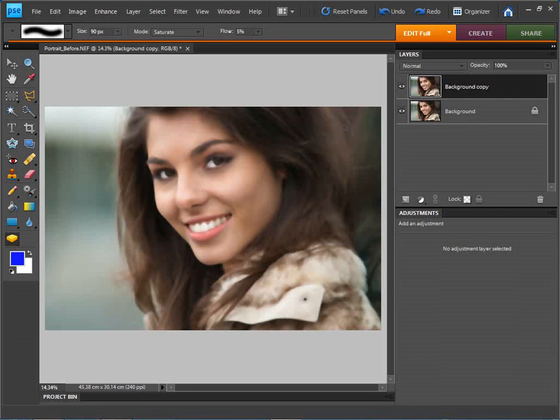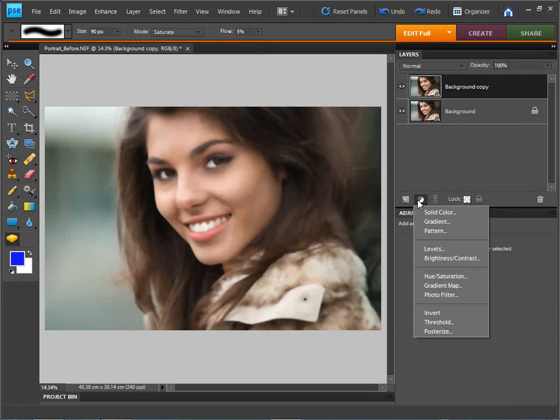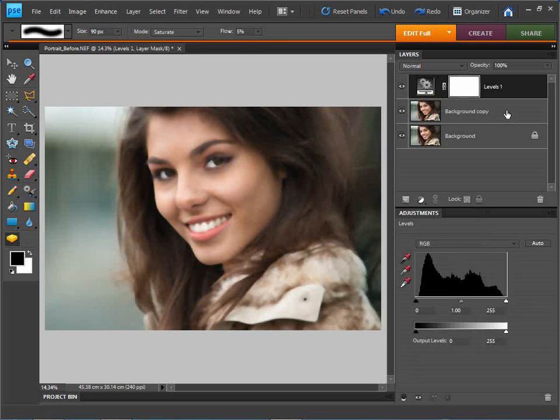Now obviously that's not looking great, and what we want to do is get that sharp facial details appearing through our skin smoothing. So to do this, we're going to use a layer mask, and we're going to create one of these in Photoshop Elements with quite a handy little trick. So if we go down to our layers palette, from the adjustment layer icon, select levels. As soon as the levels layer appears, don't make any adjustments, just drag and drop that in between the